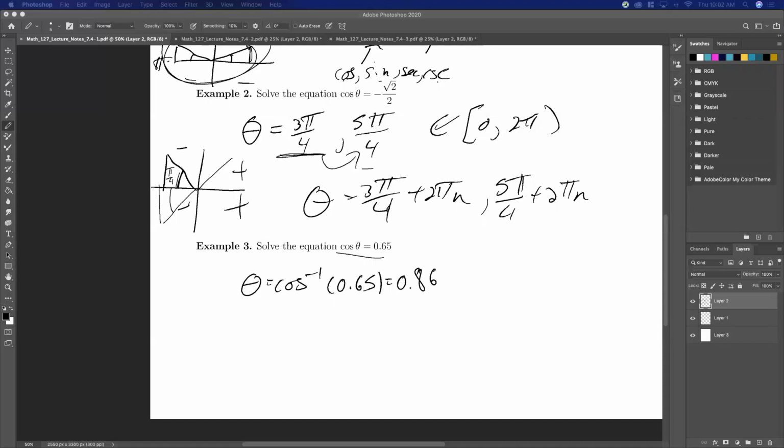Okay, so now we're back to here. So we get one answer, and this answer is here, as we saw. And remember, cosine is negative, negative here, positive, positive here. So how am I going to find this reference angle? Well, I'm just going to take this angle and